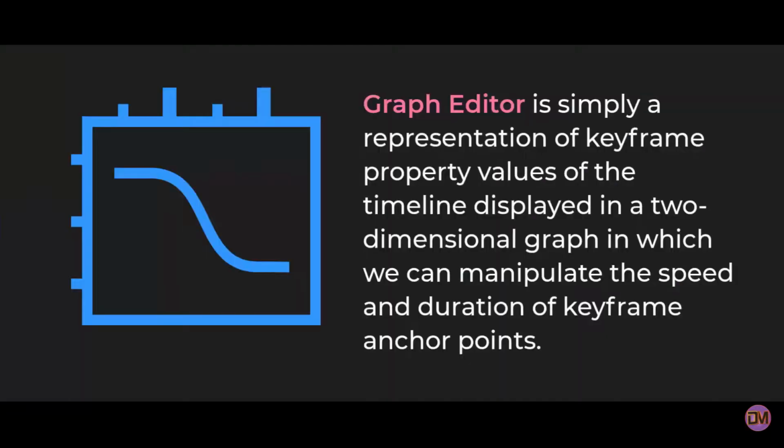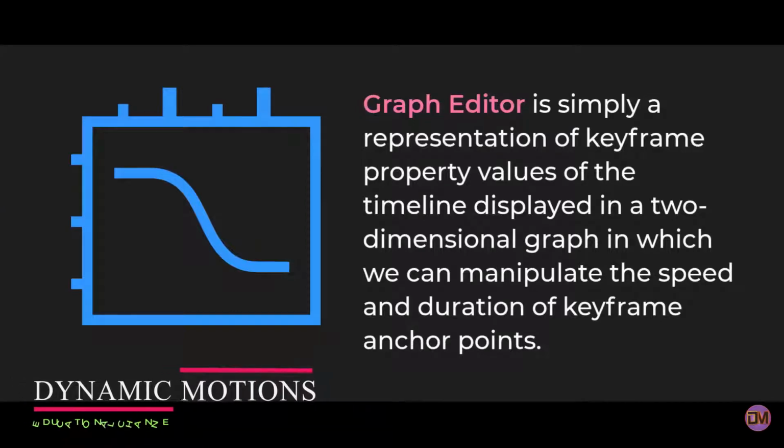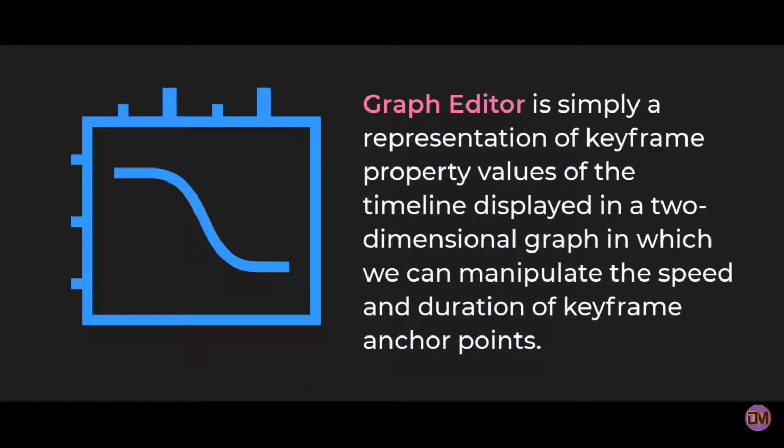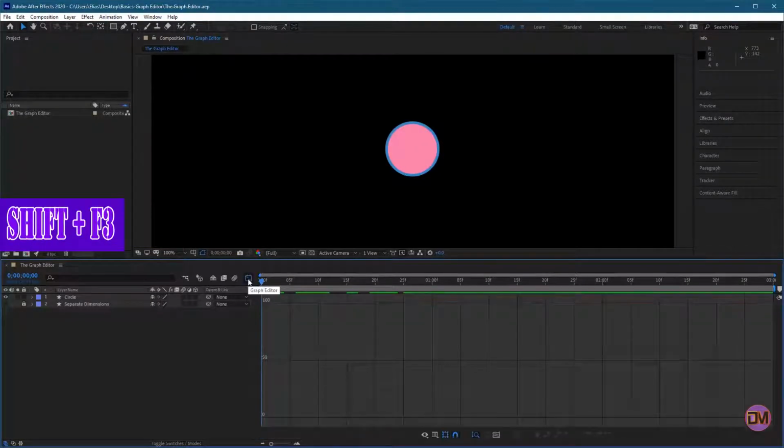The graph editor is simply a representation of keyframe property values of the timeline, displayed in a two-dimensional graph in which we can manipulate the speed and duration of keyframe echo points. To access the graph editor, click on the graph editor button in the timeline panel or press Shift F3 on